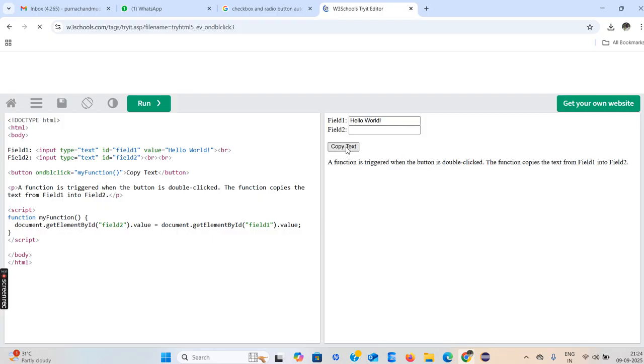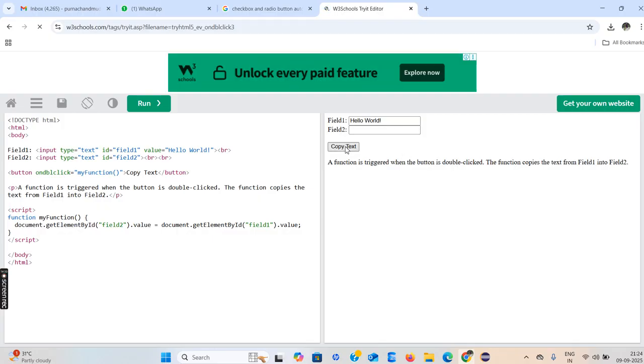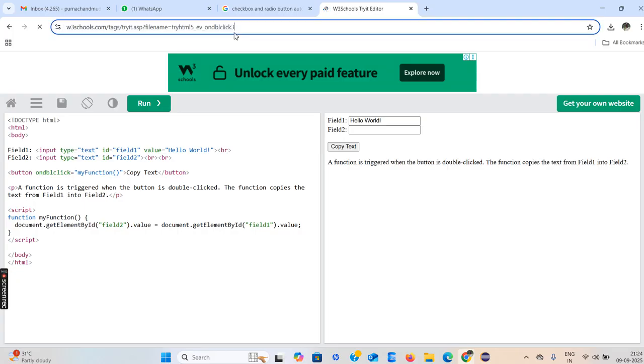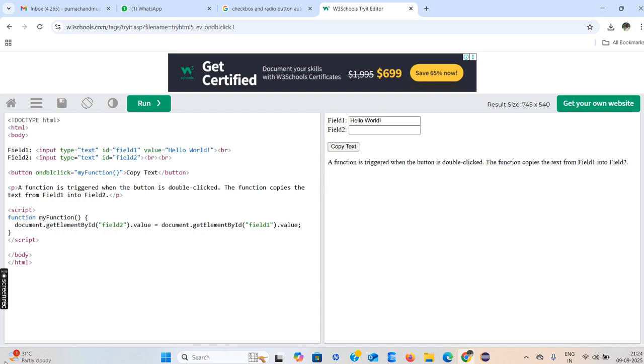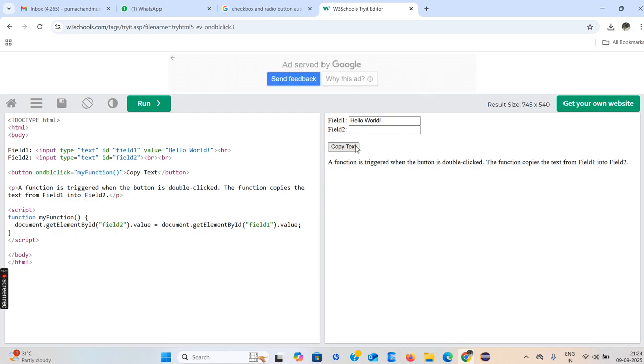Okay, see here. If you click on the copy text button, the first field data will be filled into the second field. See this one, something network issue. That's why it is not copied. Wait, I will reload again. If the network issue keeps coming continuously,